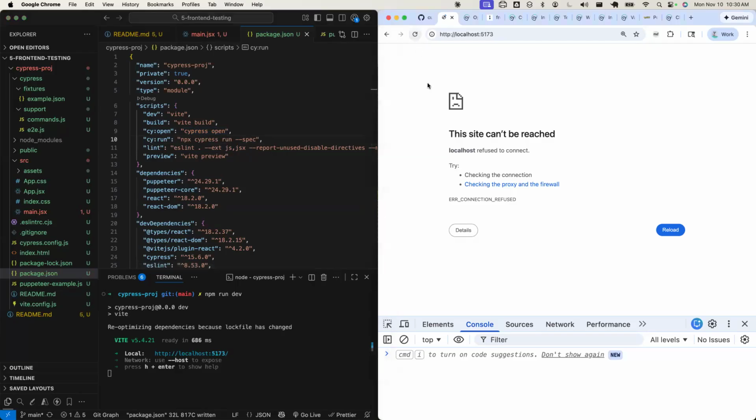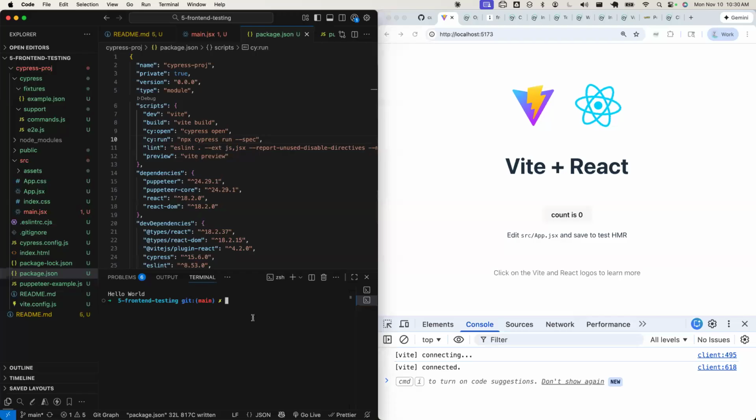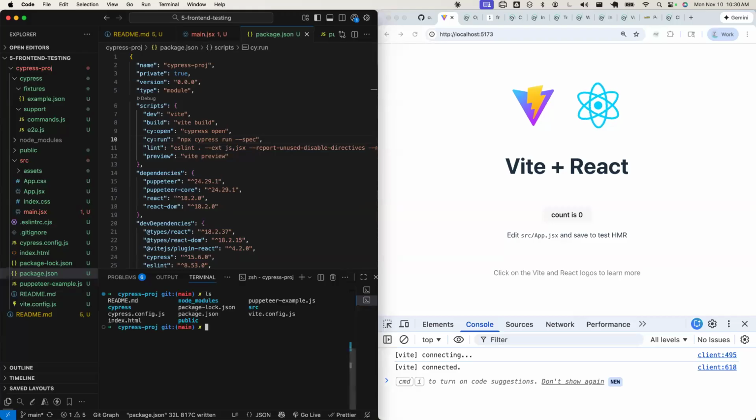So if I don't have my web app running, then Cypress can't really do anything. And so now if I use this script, npm run open, let's see here. Oh, and I just need to navigate into the directory where my project is and where the package.json is. And now if I do npm run open,